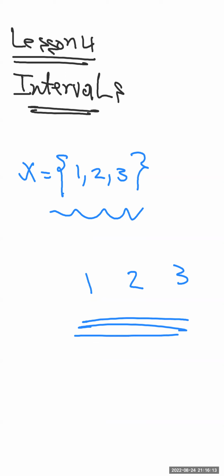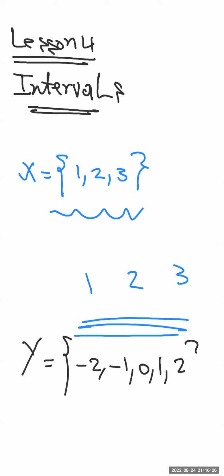So if there is another set like Y equals -2, -1, 0, 1, 2, my question now: what are the elements inside this set? Actually, the elements inside this set are -2, -1, 0, 1, 2. Nothing more. Okay. And another way for the description of a set,